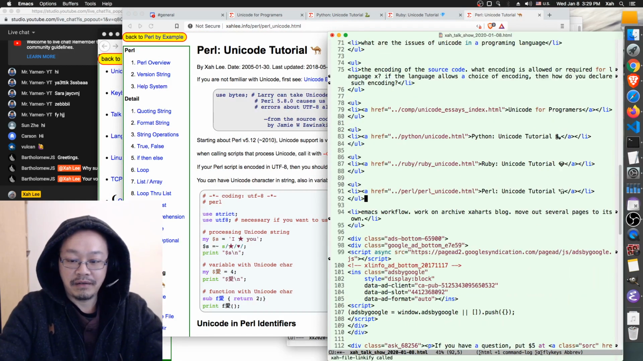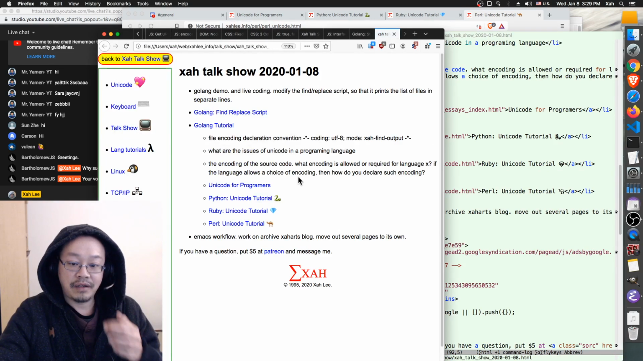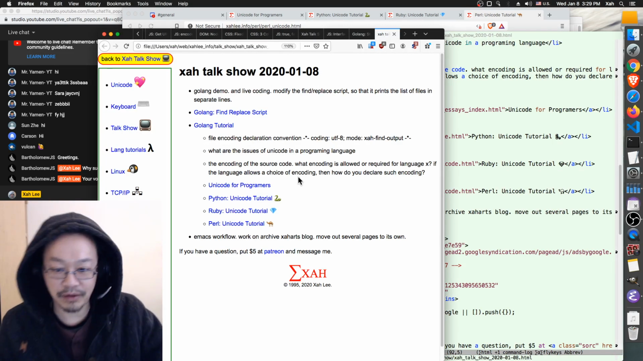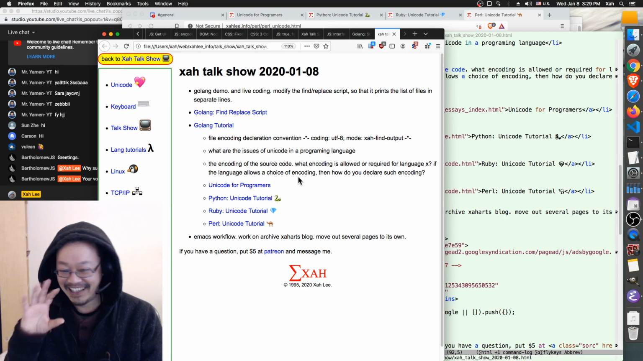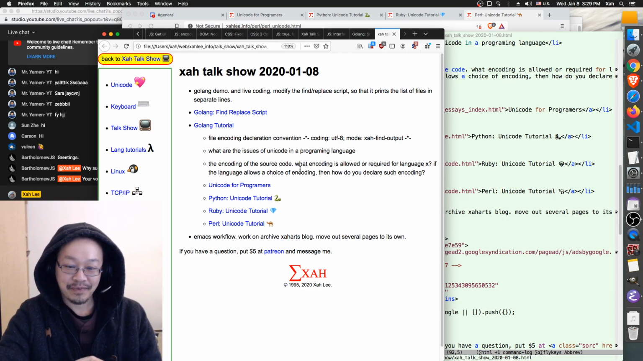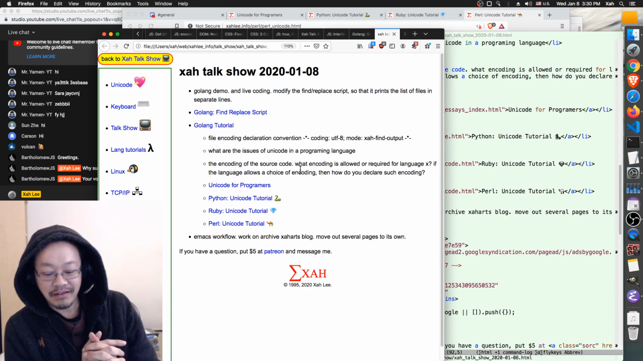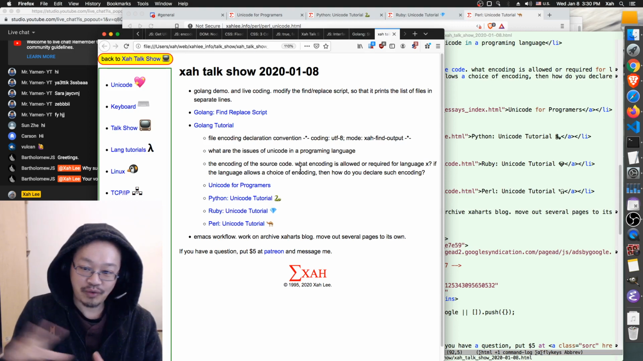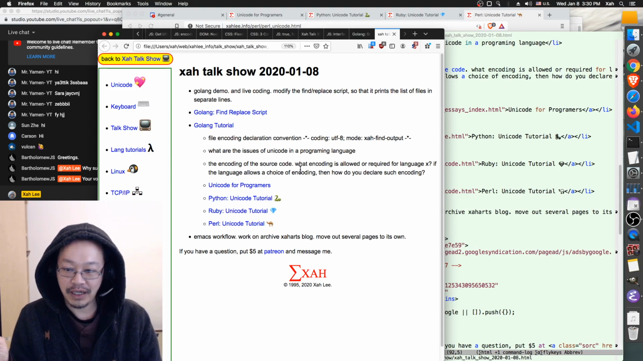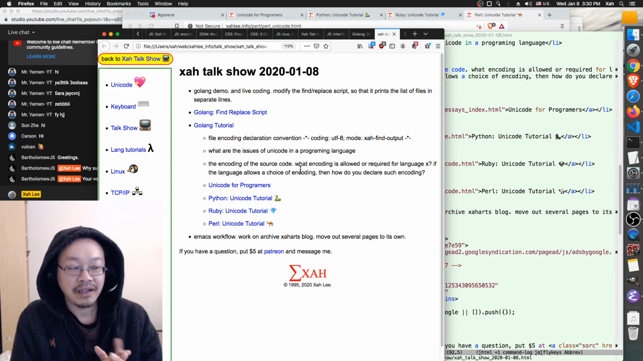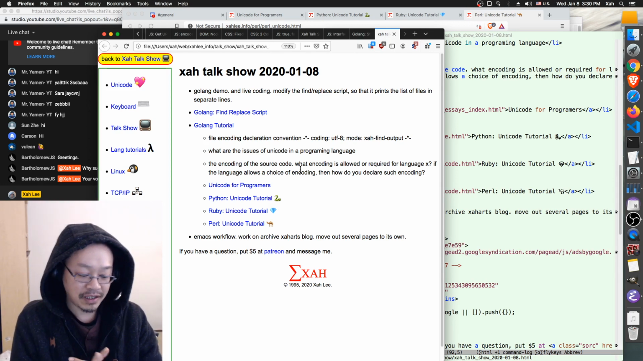Okay, so once we started to talk about Unicode, there are 1,000 things to talk about. So we digress. Okay, so file source code encoding is one of the issues related to Unicode with a programming language. That's just one thing. The second thing, let me tell you, is